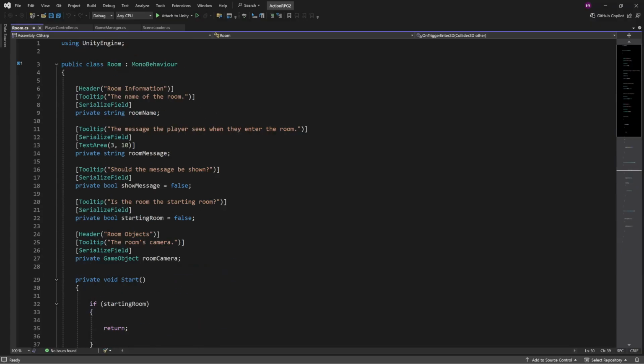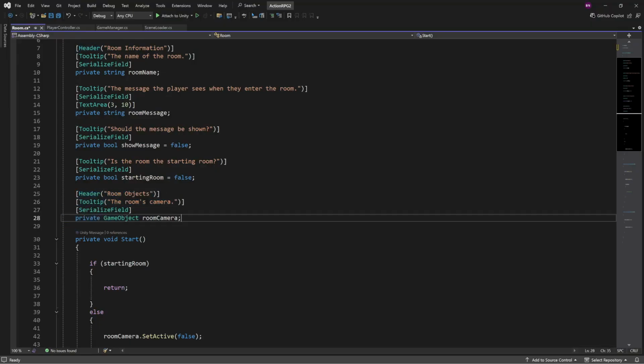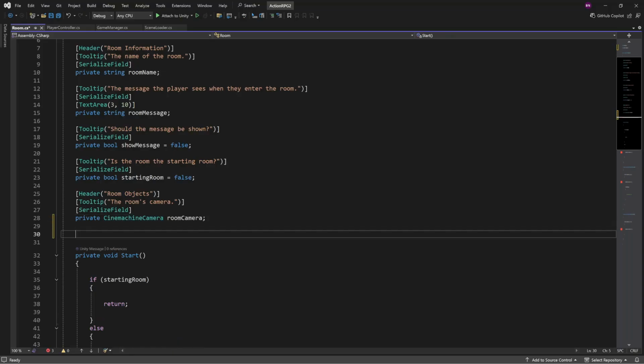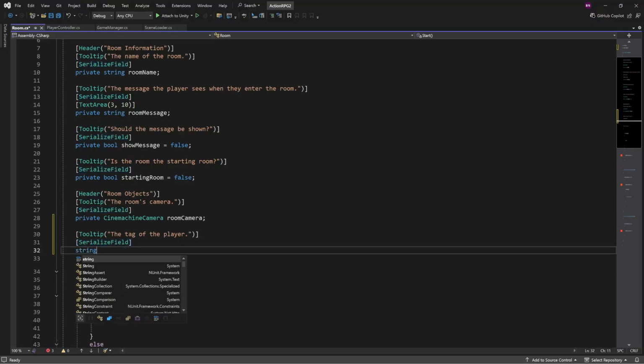So what we need to do is go up here, and we are going to add using Unity.Cinemachine. And then down here where it says room objects, the room's camera, we're going to change that from a GameObject to the actual camera itself, so CinemachineCamera. Then we're going to add one more thing down here. We're going to do a tooltip, and the tag of the player. And then we're going to do a SerializeField, and then a string